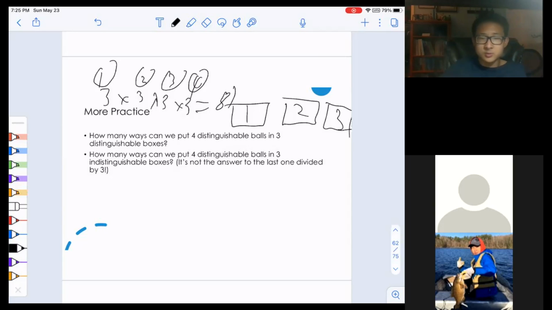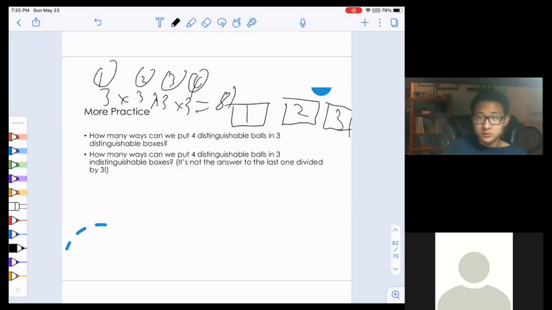Now, how many ways can we put 4 distinguishable balls in 3 indistinguishable boxes? So first off, this is a lot different from the first one. You have to consider all the cases, since for each case, you have to divide it by a different number. So here we go. Since the boxes are indistinguishable,